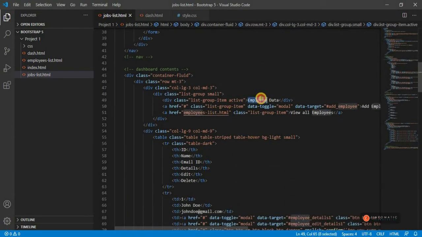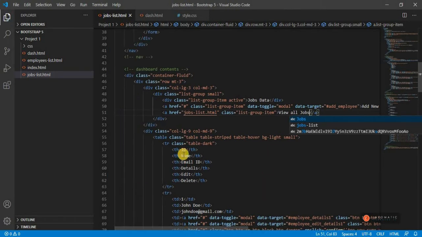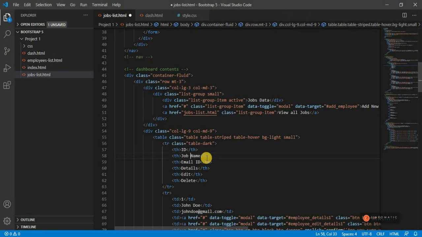I'm going to call this jobs data, and instead of this, it's going to shift to jobs list. So I'm going to remove this entire thing here. Say jobs list. Okay, and here we're going to add new job and view all jobs. Okay, and we can set up the ID, job name, and